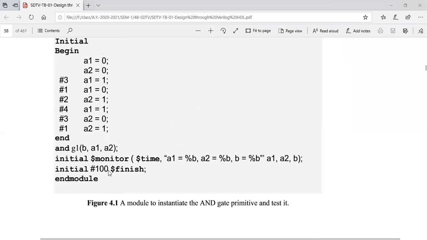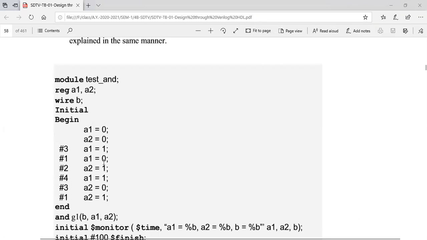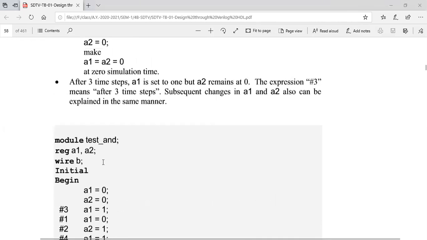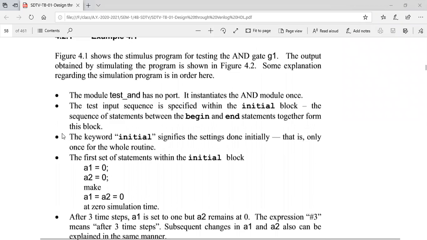Do you get it now? First we are analyzing the test program, the test simulation program. So you will see the AND primitives directly. Since we have the AND gate as a primitive, it's not necessary for us to write the program for an AND gate. We can right away use it by mentioning what the outputs and what the inputs are. So we are writing the test program there.